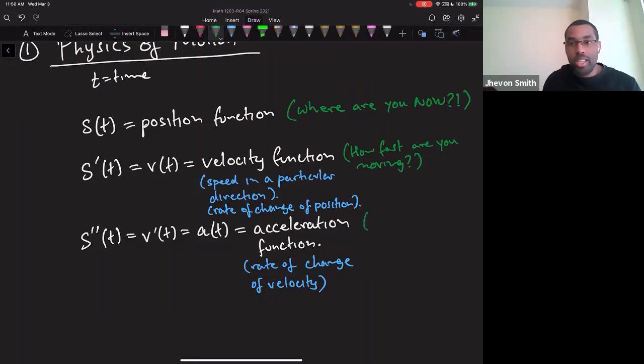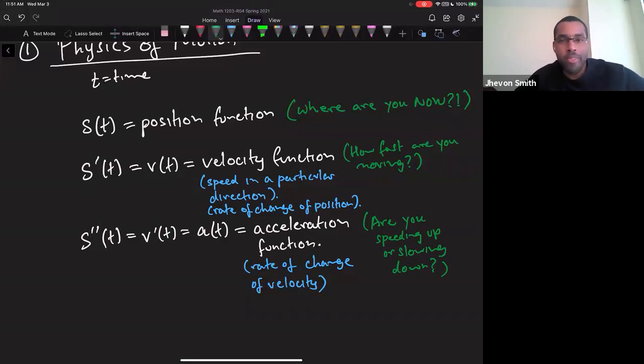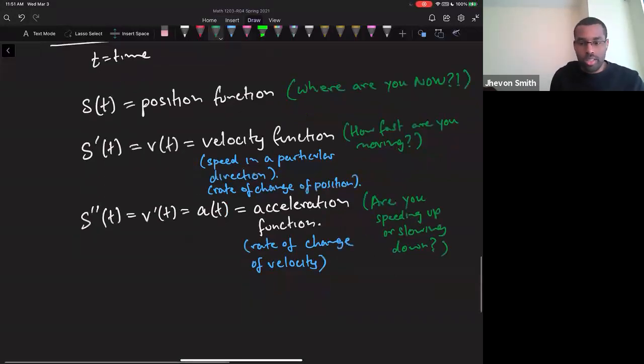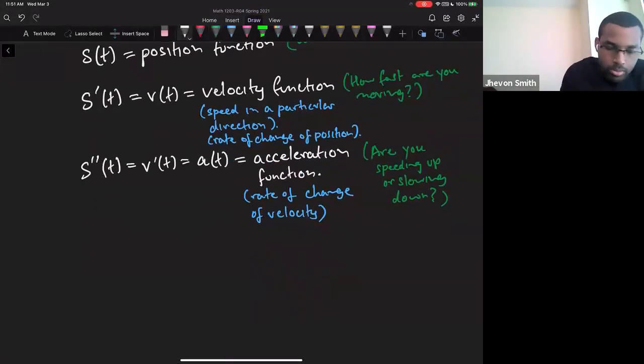The second derivative actually answers a different question. Are you speeding up? And that's what acceleration tells you about. It talks about the rate of change of speed. Yeah, I know how fast you're going, but are you currently getting faster, or are you currently getting slower, right? That's a different kind of question, right? And by the way,